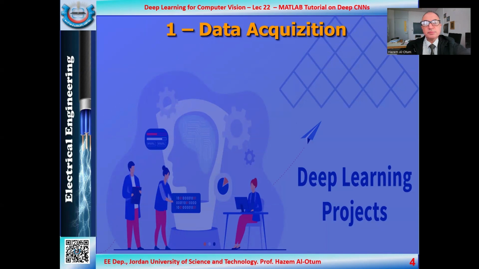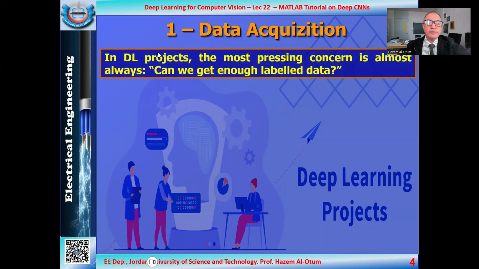Let's start with the first step, data acquisition. Here we have to get enough data. The most important and pressing concern here is to get a good, organized dataset. And for this dataset, you need to have a proper number of